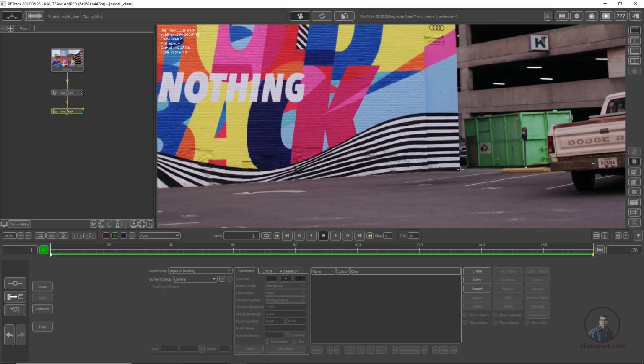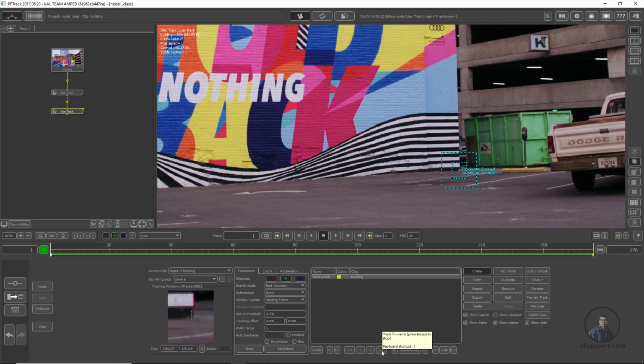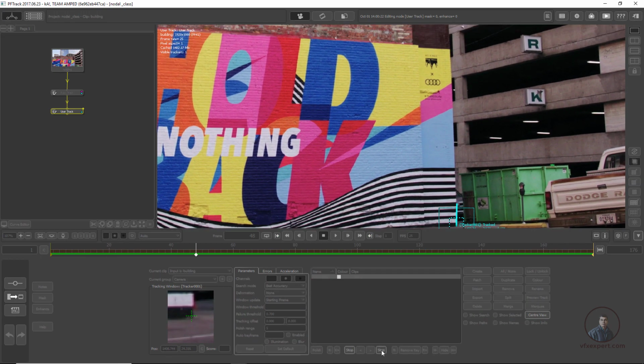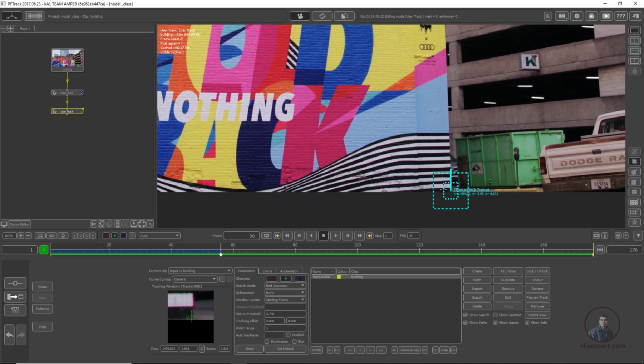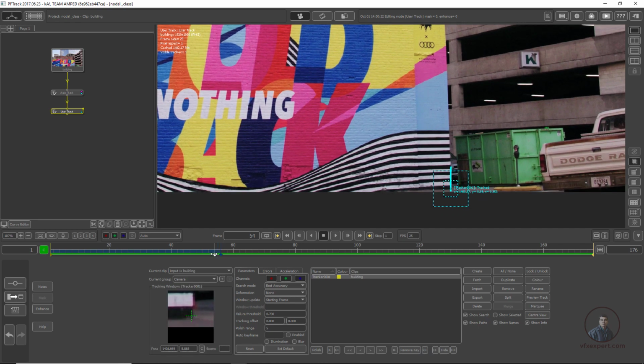Now I am going to track this point here, then click on create, then just click. After this you can adjust this point. In the downside, from here you can also adjust like this. Then click on forward track. So I have tracked here. Now you can see that after this, this point is going outside our frame, so we have to hide our tracker.